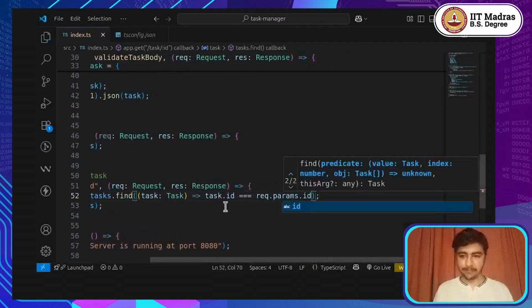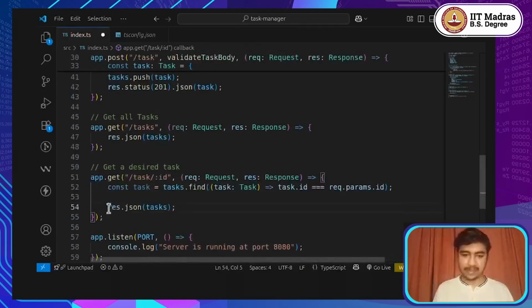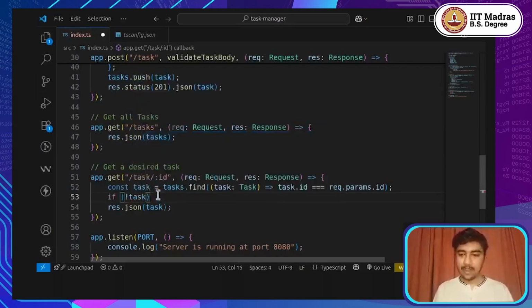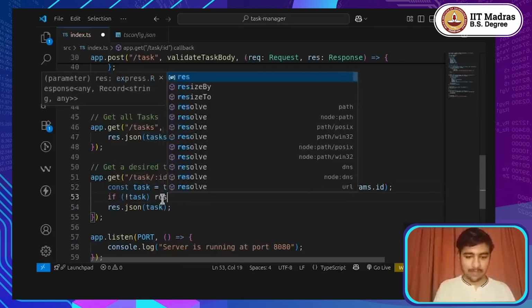That is this ID. Now, if this task is present, then of course we can return that as it is. But what happens if this task is not present? We will first handle the case where this task is not present. And if the task is not present, we are going to get undefined from this find method. So if it is not available, we would say